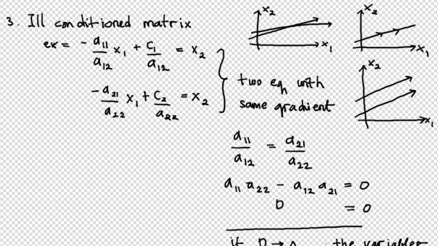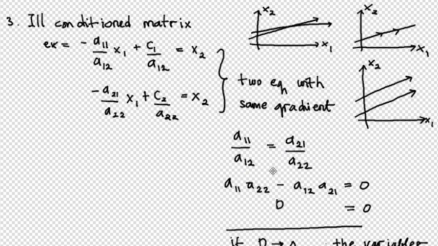And then if you have an ill condition matrix, you can see here that the gradients are almost the same, similar, equal. So if you have two equations which have the same gradient,